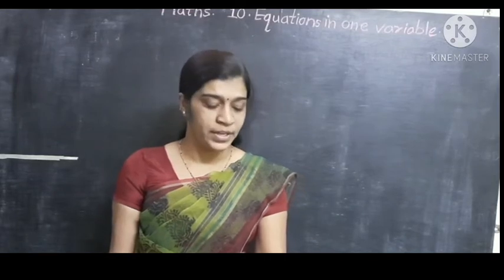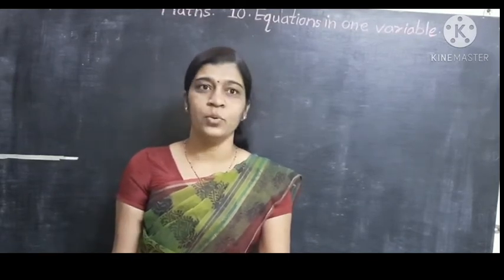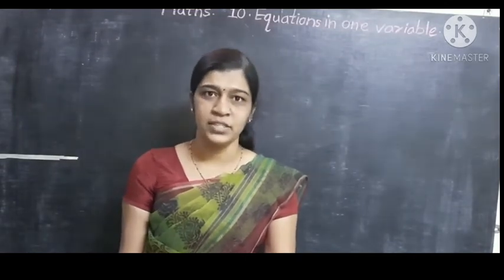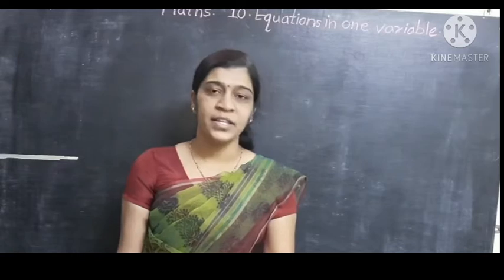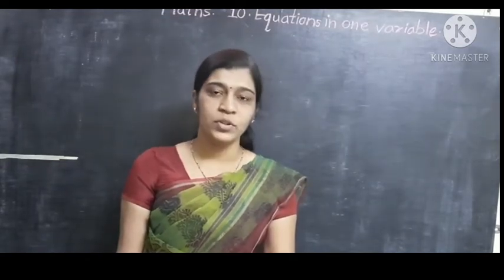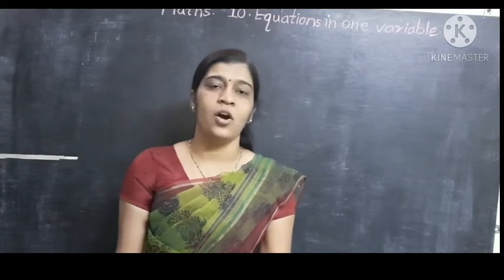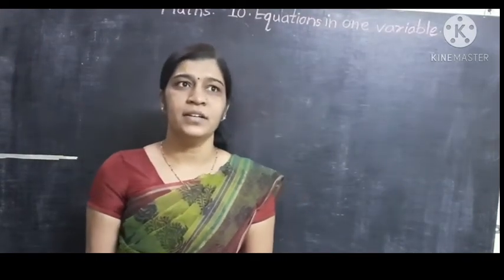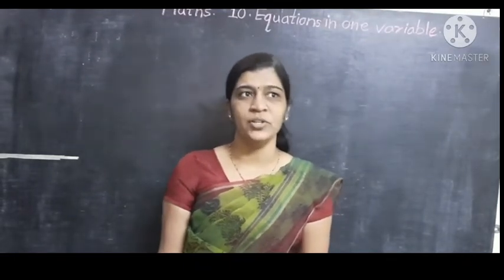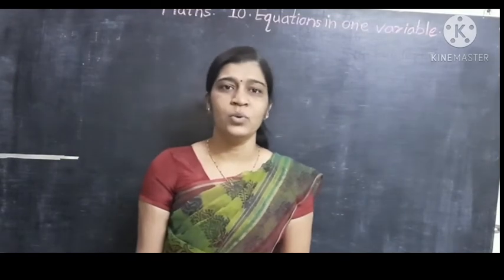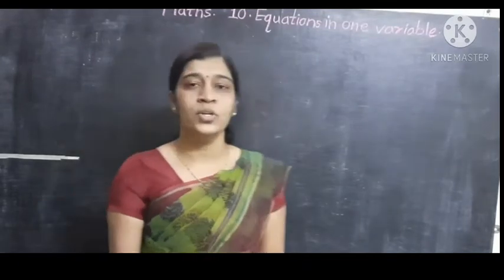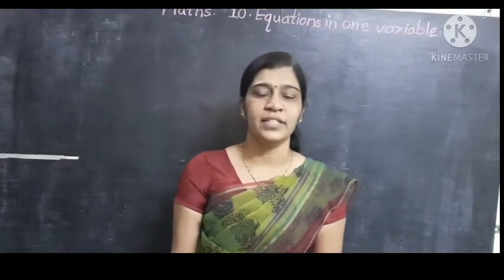Here we use the property, here we do the operations such as to add the same number on both sides, or to subtract the same number on both sides, or to multiply both sides by the same number, or to divide the same number on both sides. By using all these operations, we had learned how to solve equation in one variable. In last standard, we had also seen such type of small example.